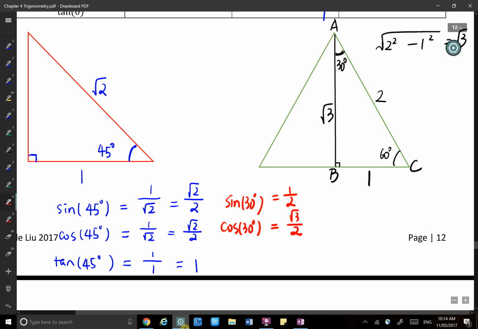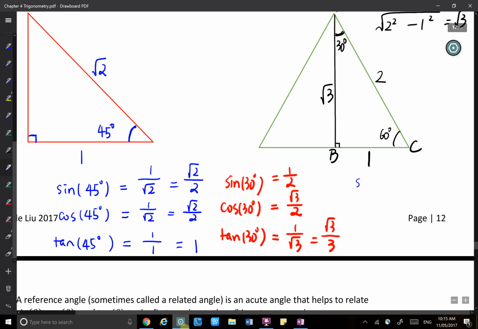So I'll write those values in. Sine 30 is 1 over 2. Cosine 30 is √3 over 2. Tangent 30 is √3 over 3. And similarly, we can find 60 degrees. So for 60 degrees,